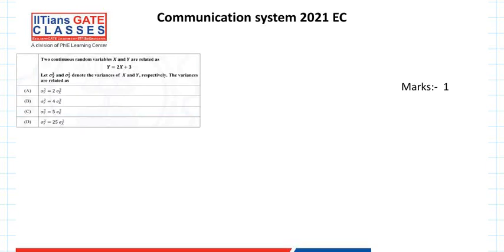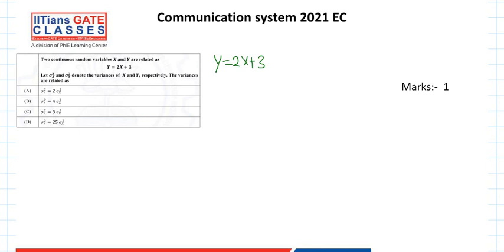Okay. So the first problem is based on the random process and the random variable. In this problem, two random variables x and y are given and their relationship is given. So y is equal to 2x plus 3, and we need to find out how the variances of x and y are related to each other. So here we will use a property that if you have any random variables y and x which are related as,